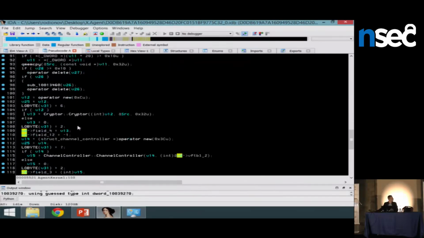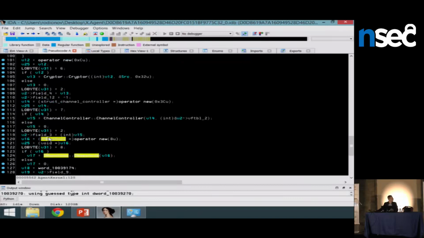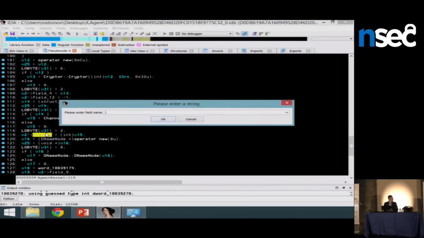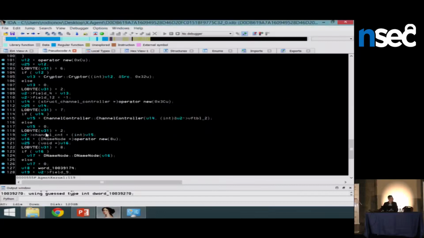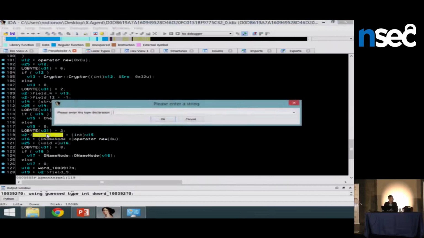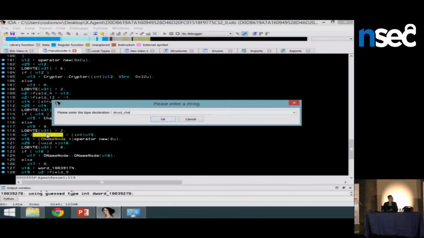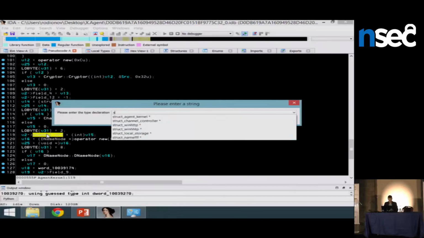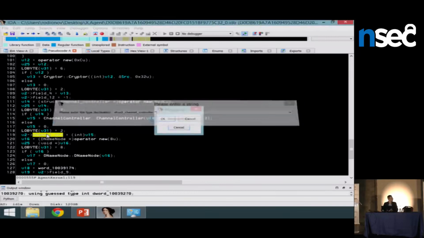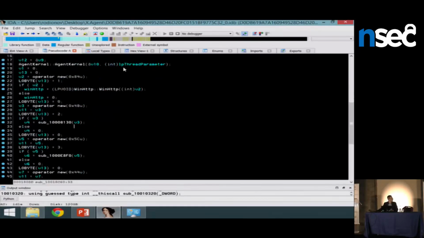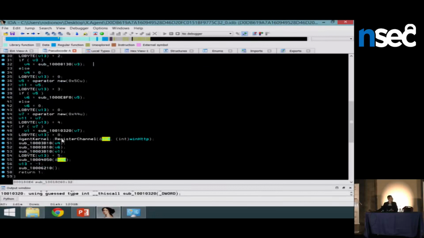This is it, and then go back to the channel controller, and we can see that this is stored in the field there, and this field. So this is type agent controller. We can rename it as the channel controller. And the most important thing is we need to reconstruct its type as well. Channel controller. Okay, and now when we are going this variable, we can go to this method, which is